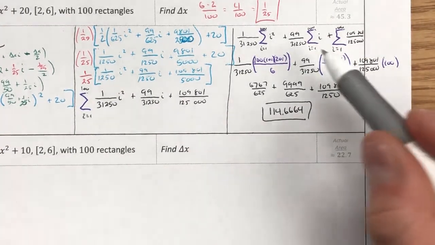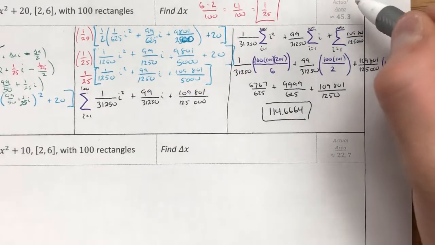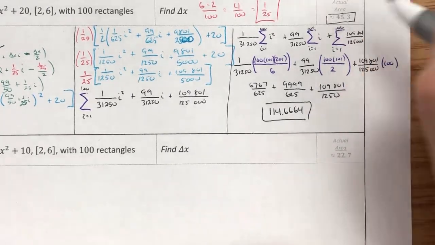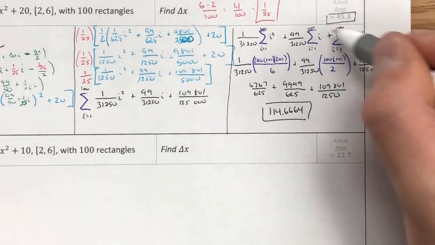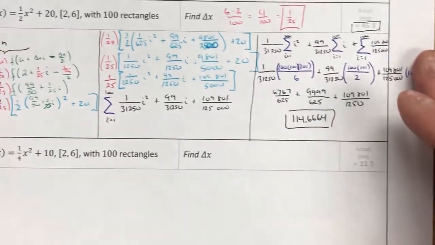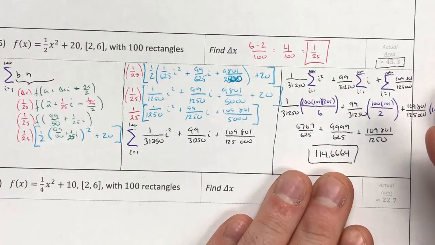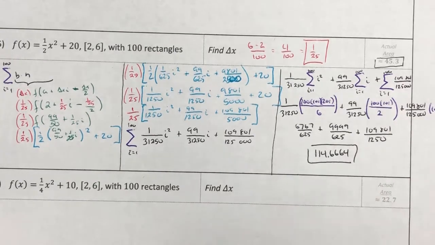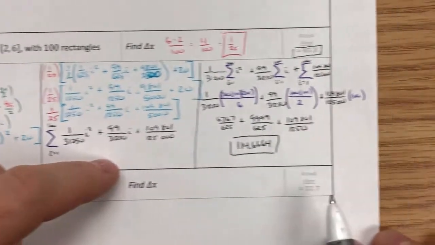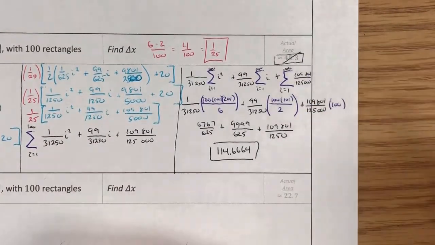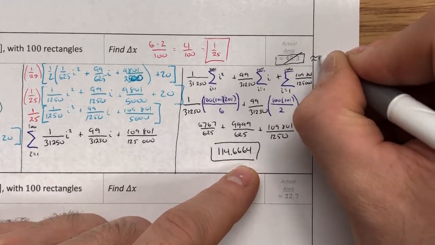Double check our work. There we go. I'm going to go back and check this, because we should get something that's very, very close. As of right now, I'm assuming that maybe I typed something in wrong when we checked that. But what we've got going on right here is 114.6664. And yes, that was a typo. So it's not 45.3, it is roughly equal to